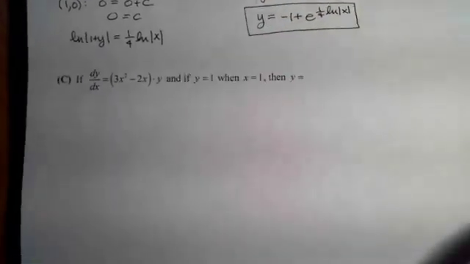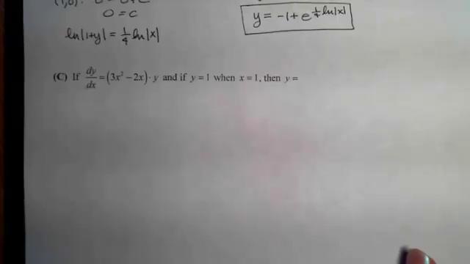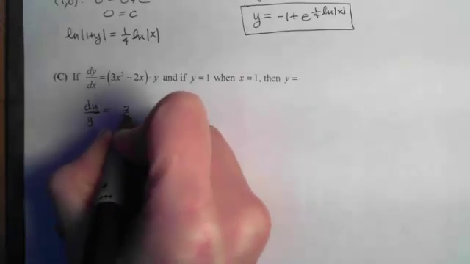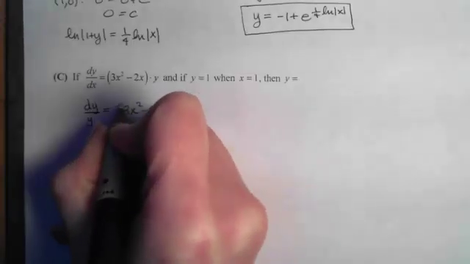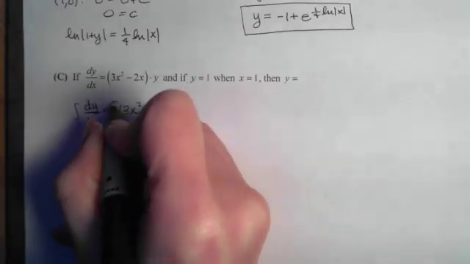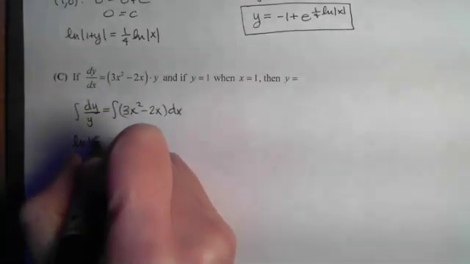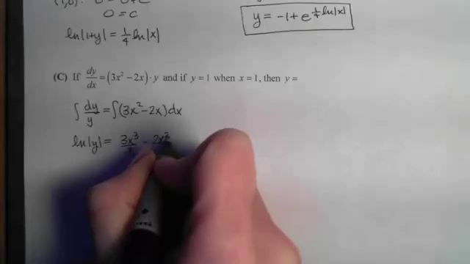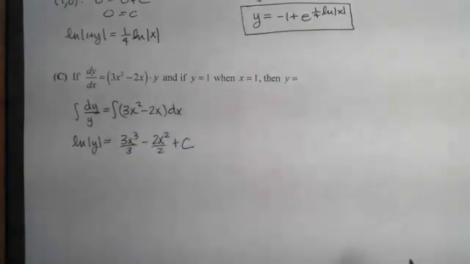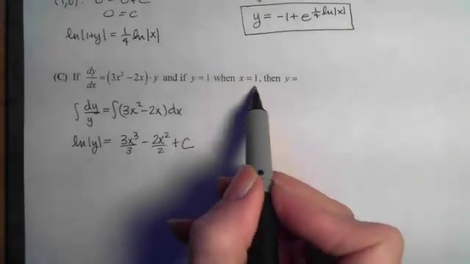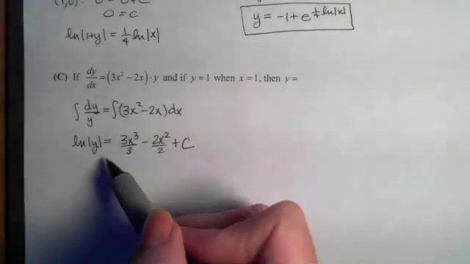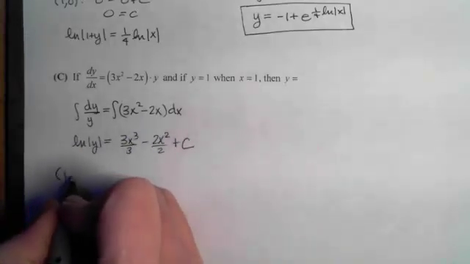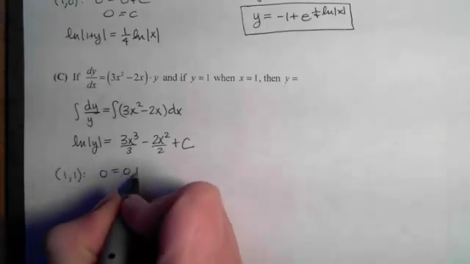Okay, last, part C. Again, we're going to separate our variables. So I'll have a dy over y and a 3x squared minus 2x dx. Integrate both sides. Add the c to the right. Think about whether I want to isolate the y first or plug in the point first. Plugging in y equals 1 and x equals 1, I end up again with that nice c equals 0. So I'm just going to plug that in right now,